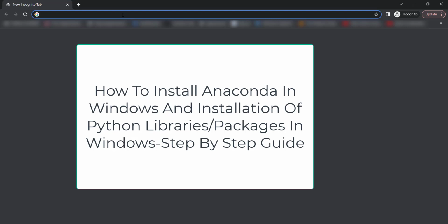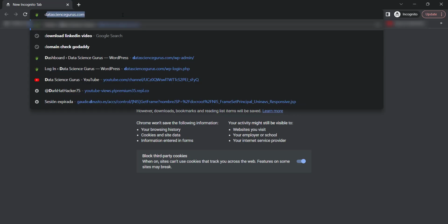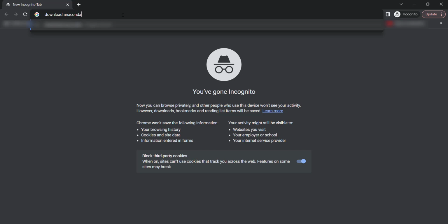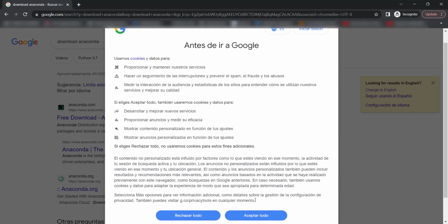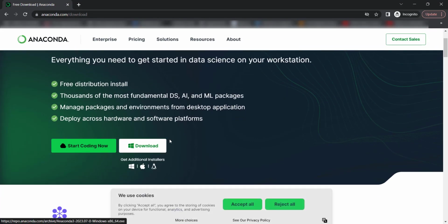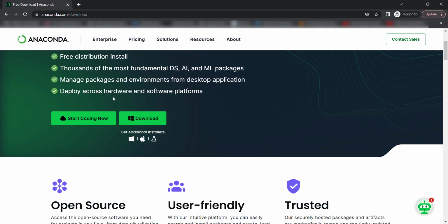First of all, you have to go to Google and type download Anaconda. Anaconda has four or five different Python IDEs and you can choose among them. I prefer to use Anaconda, and it's the most widely used IDE for different platforms. Here you will go to this first link, free Anaconda download, and then click on this link. You have to click accept all cookies, and then click here,